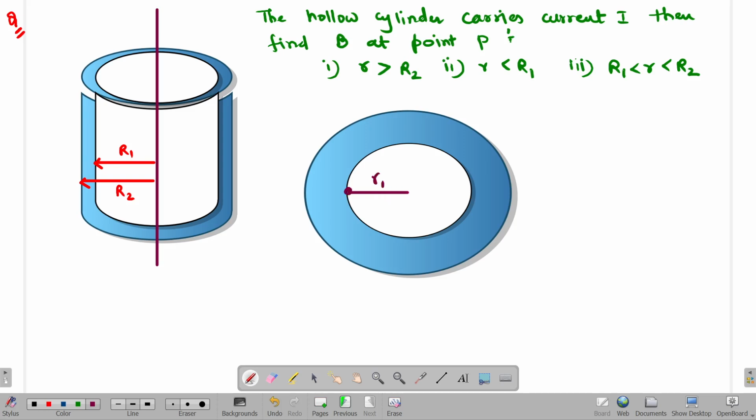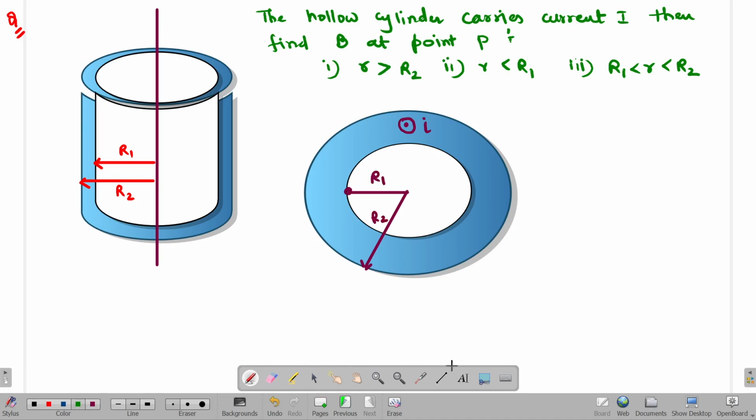and I'm considering the current coming out of it. So current direction is I like this way. Are you able to get me? This is R1. Basically do it like that. Always draw a 2D diagram. You can't solve in 3D easily. So this is capital R1. This is capital R2.